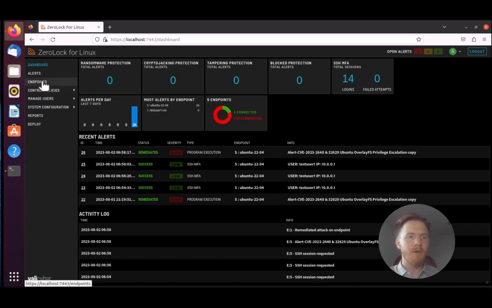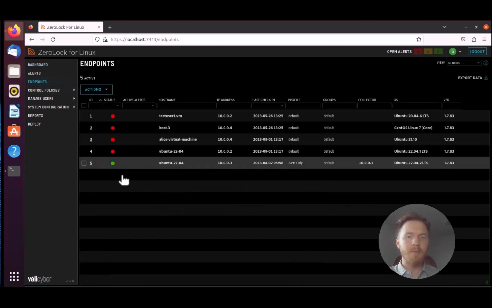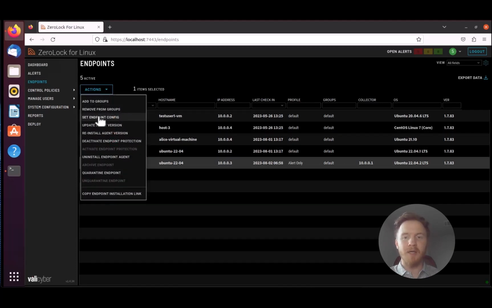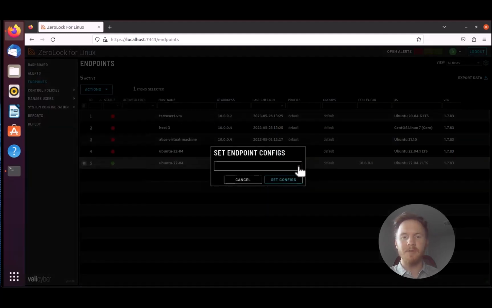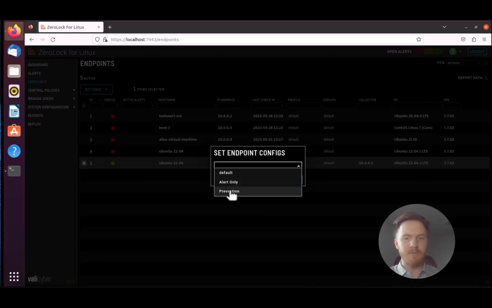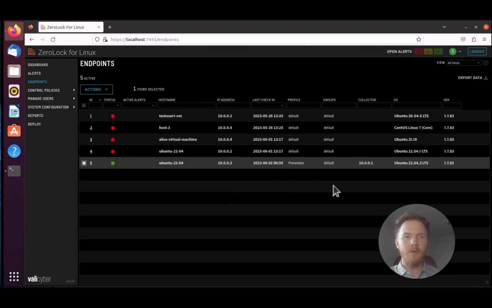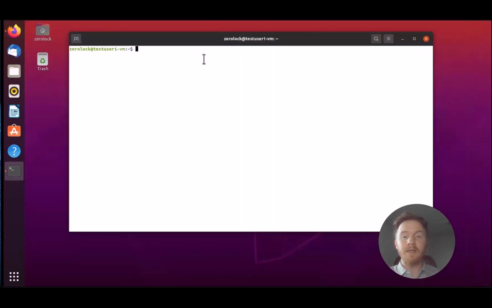So really quick, I'm going to go over here, choose the endpoint that we're working with, put a new config in place to ensure that protection is actually active. This would be the default setting that we would have on any system protected by ZeroLock. Set that, and then we can head back over to our shell, and from here we'll take that exact same